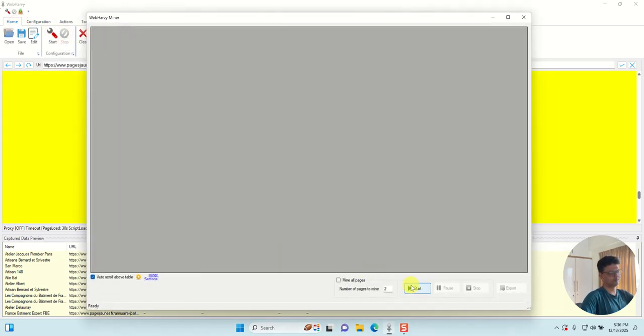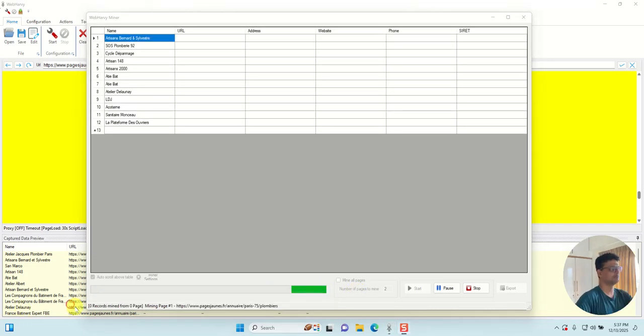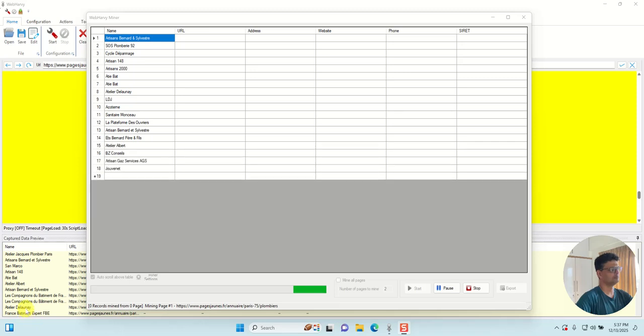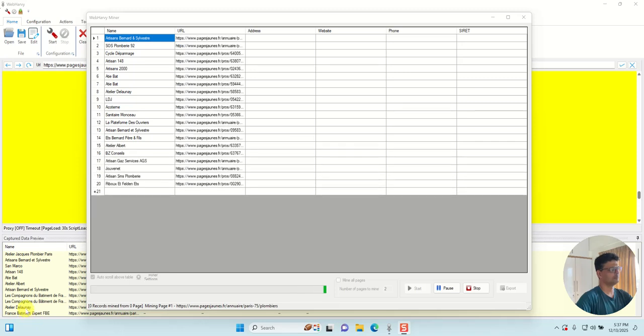You can specify the number of pages to mine. Here I am mining the default number of 2 pages, and WebHarvy will load the same search results page for which we created the configuration, and it will start pulling the data. As you can see, the names and the URLs of the pages are being pulled from the starting page, and WebHarvy will follow each